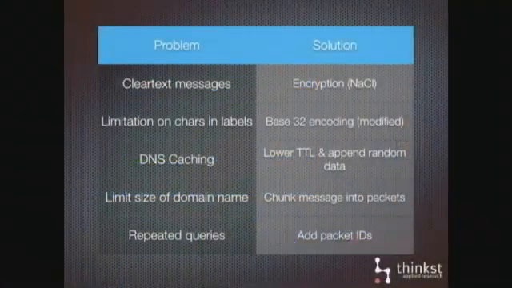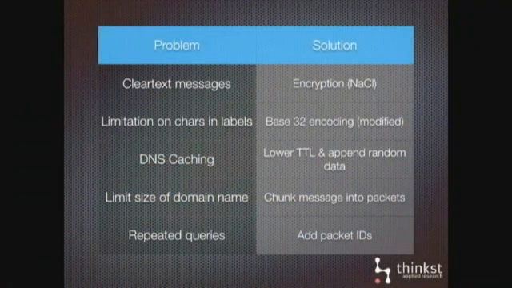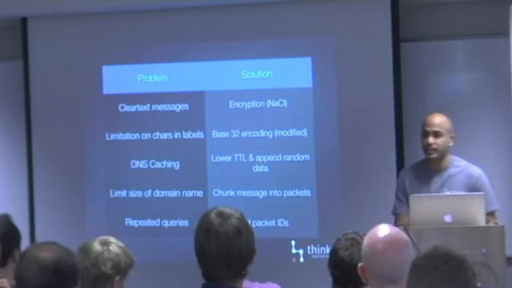Firstly, people won't be very happy if data originating from their network is sent out in clear text onto the whole internet. You'd probably get kicked out on first suggesting it. So the simple solution is to do some sort of encryption, so we use NaCl. The next problem you run into is that you can only use a certain amount and a certain type of characters in the DNS query.